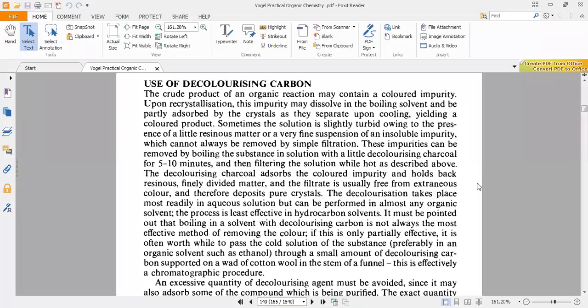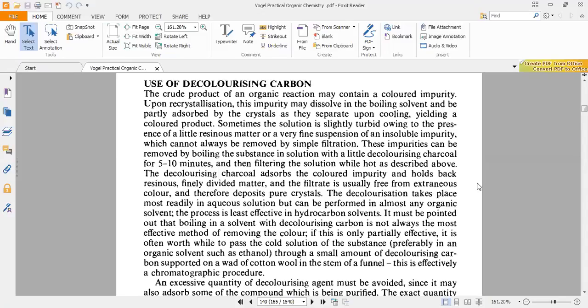Impurity is colored. All right. So what we do is, you have studied in physical chemistry adsorption, adsorbing agents like silica gel is also used as an adsorbing agent. So very similar, we use some activated charcoal. Keeping in mind, this activated charcoal is what? When we heat simple charcoal at high temperature, it forms activated charcoal. We grind this and then we add it in that solution.